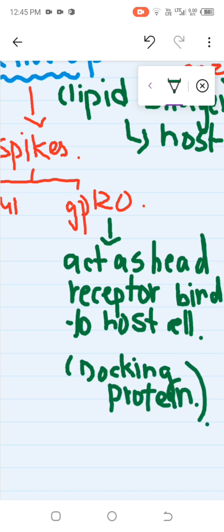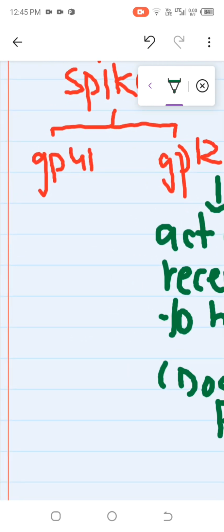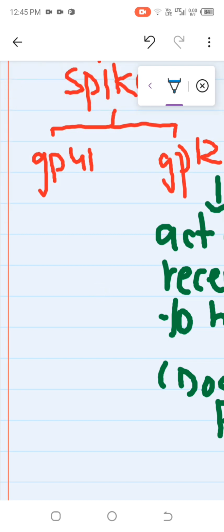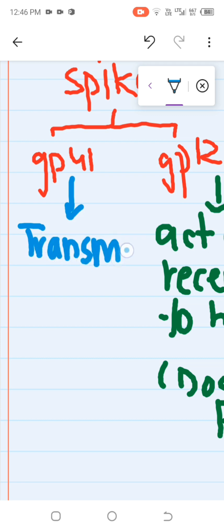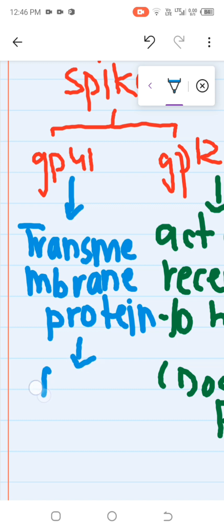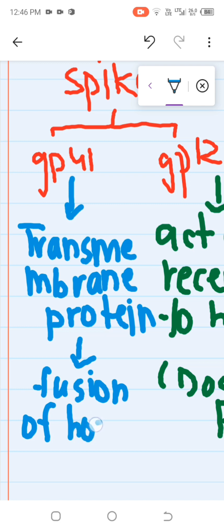Fine, I can show you with the help of a diagram. First let me tell you what GP41 is. GP41 is basically a transmembrane protein, which helps in the fusion of the host cell and